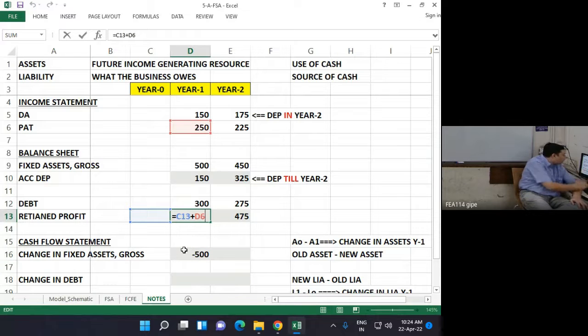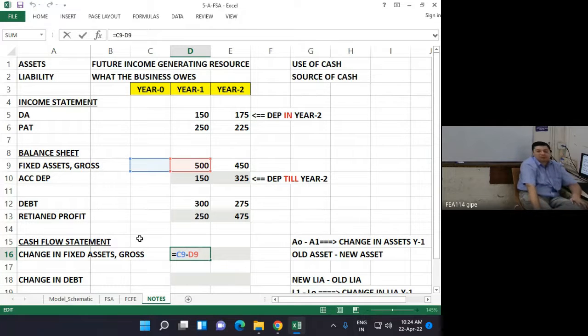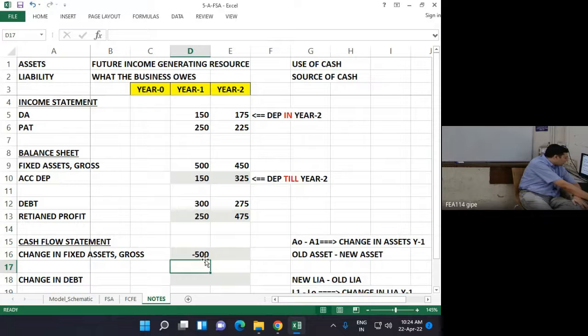D13, yeah, last year's plus PAT. Okay, and change in fixed asset gross is last year's fixed asset minus current year. So whenever you have asset, the rule is old value of asset minus new value of asset. So when I copy it to the next year,